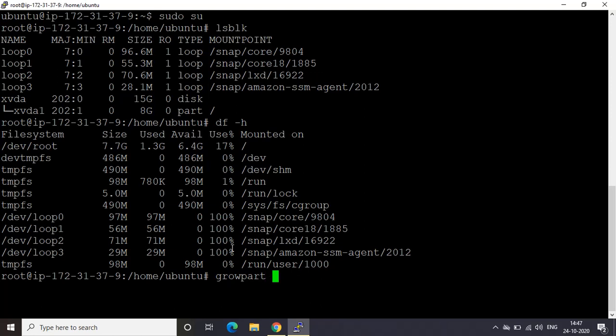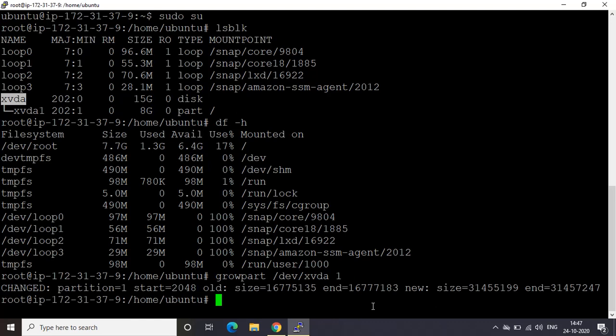We will use this command: growpart /dev/xvda 1. So it is resized.